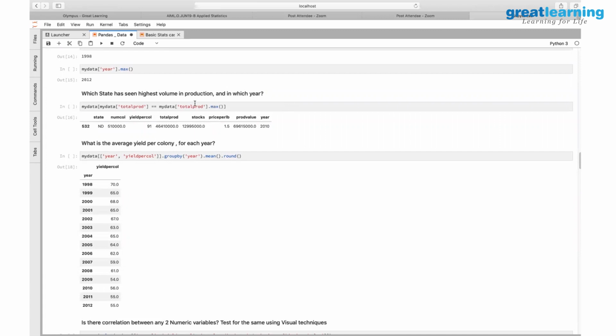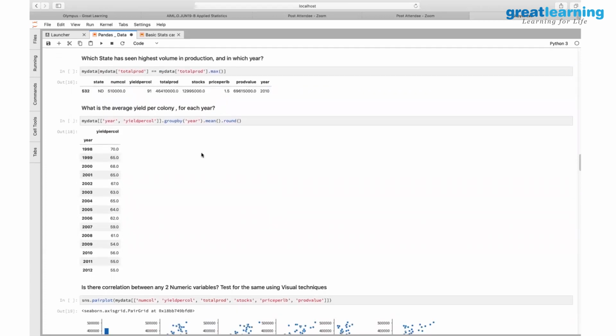For the total production column, you can get the maximum value. You will get that particular one. So if you want to get all, you just use this much and you'll get the value. If you want to get the whole row, this is the syntax. You just apply this condition: the total production value is equal to this particular one. For that, give all my data, and it gives you the whole record for that particular one.